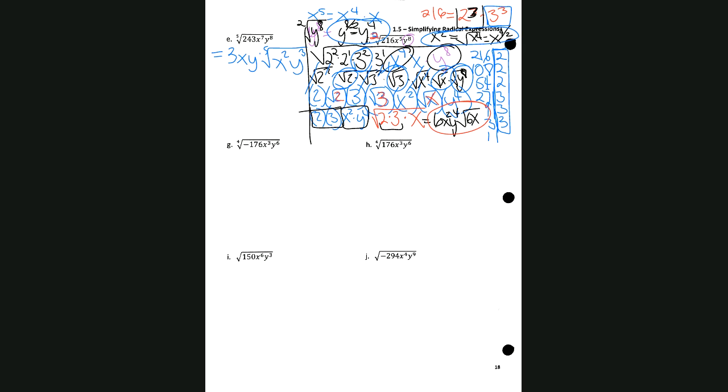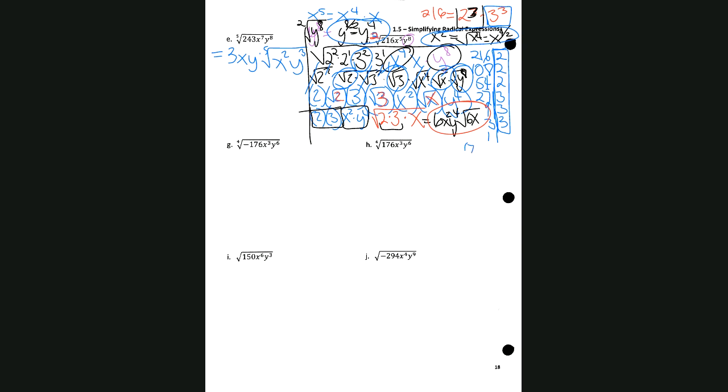However, G and H have the same radicand, except that one of them is negative and one is positive, so they're actually the opposite of each other. So I'm going to start with H because it has the positive radicand. I'm going to start doing the prime factorization of the number